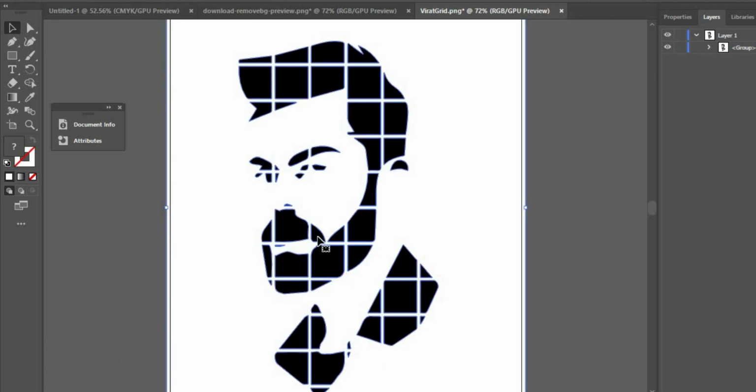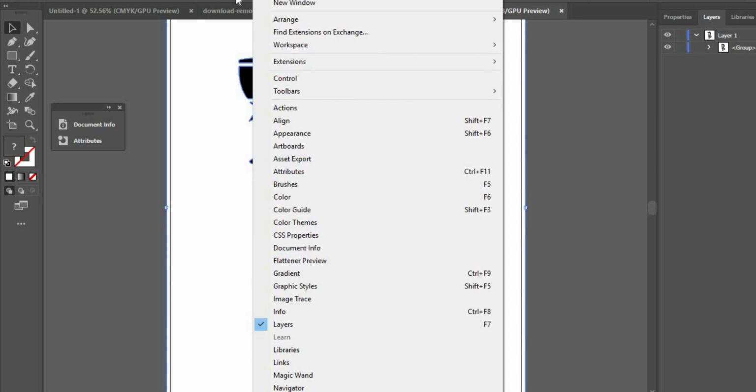So you could see that each individual polygon is separated and there are certain coordinates for each individual polygon. Now what you're going to need is to click on Window.